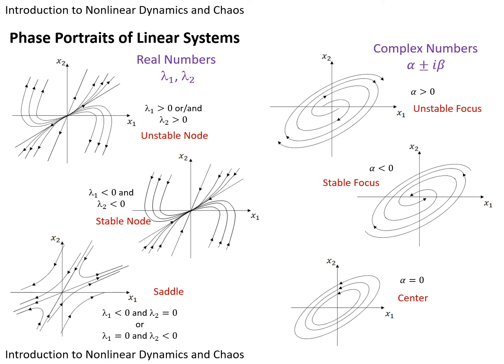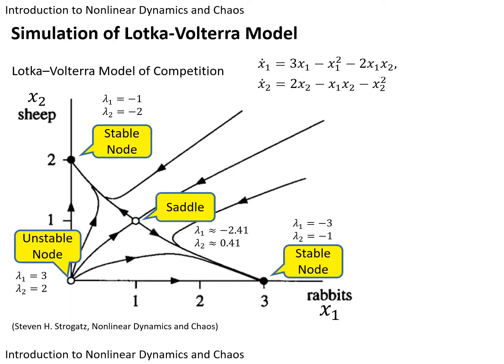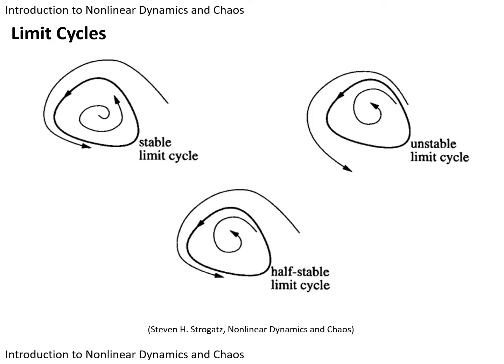We already know the phase portraits of linear systems, and we also know that nonlinear systems can have a combination of several types of the phase portraits of linear systems. Now let's study the next type of phase portraits, which is appropriate only for nonlinear systems. This is limit cycle. There are three types of limit cycles, but all three have one common feature: